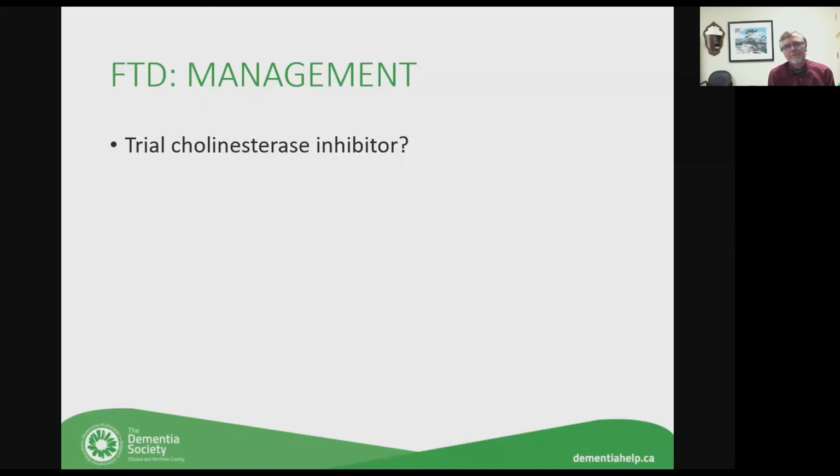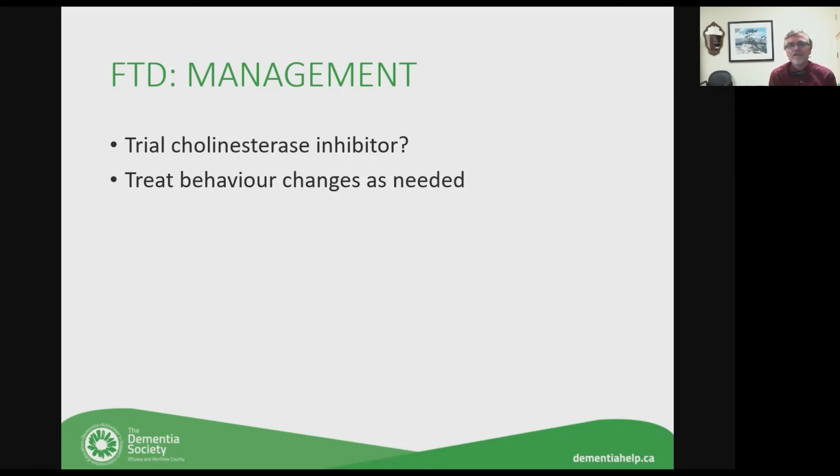So in the frontotemporal dementias, these typically do not respond to cholinesterase inhibitors. That doesn't mean that we won't give them a try. It's devastating to have a 58-year-old who has difficulty speaking and to say that, right, that there's really not much we can do. So we may do a trial of a cholinesterase inhibitor just to see if we can get some benefit. More importantly, though, if we have the frontal variant,